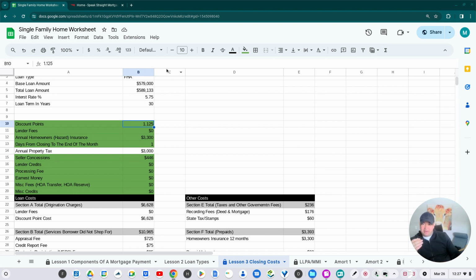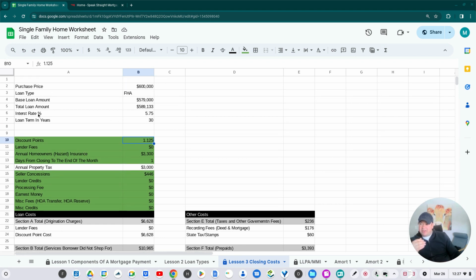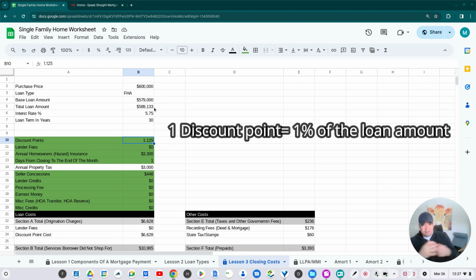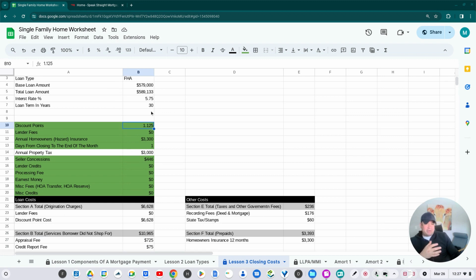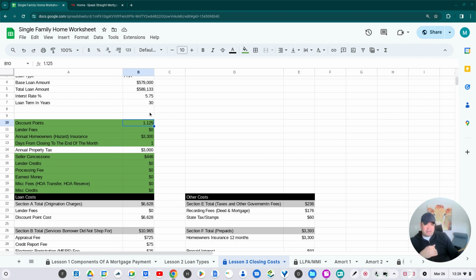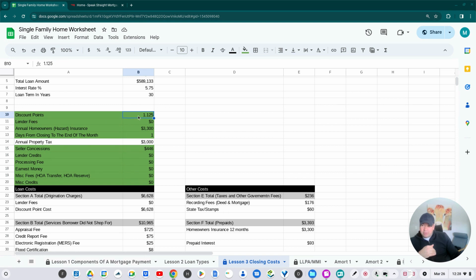In other words, if the total loan amount is $589,000, $5,890 is 1%. That's what one discount point would be. But you don't need to remember the formula because it's going to auto-calculate it for you. When you enter 1.125, it's taking that times the total loan amount and giving you the cost in discount points